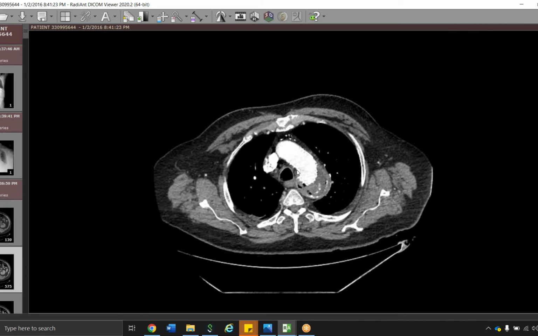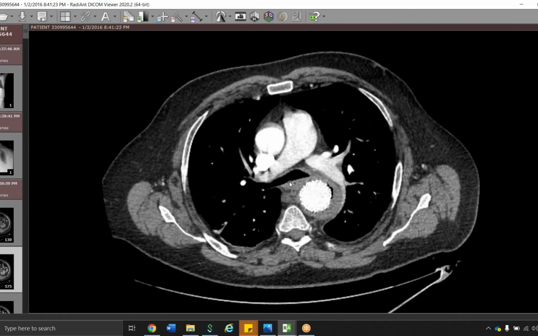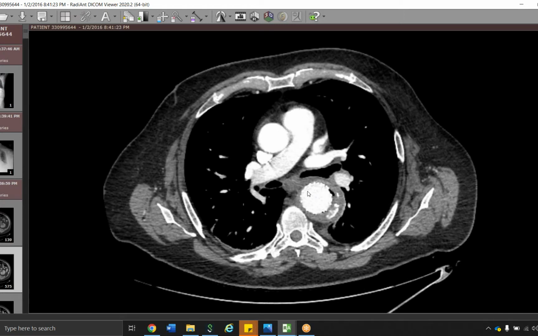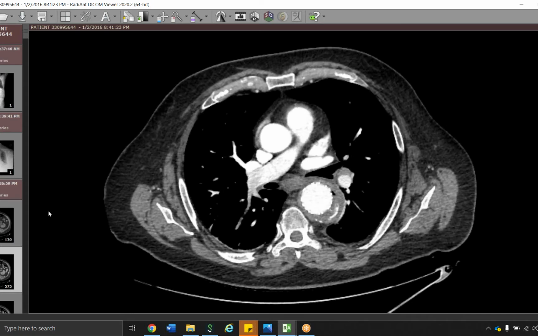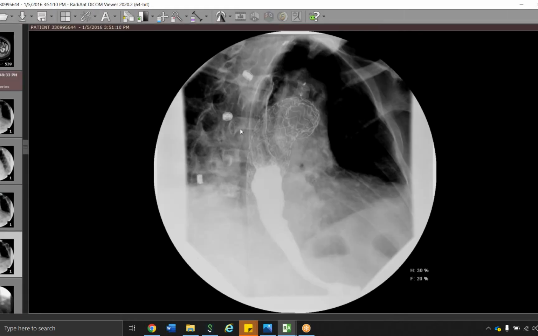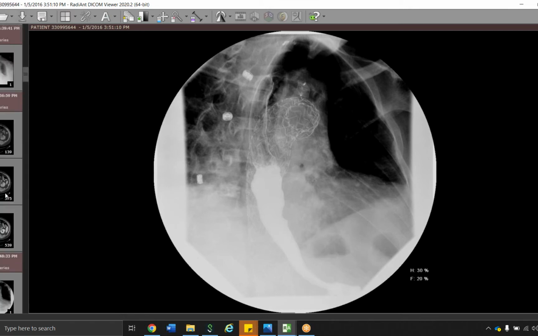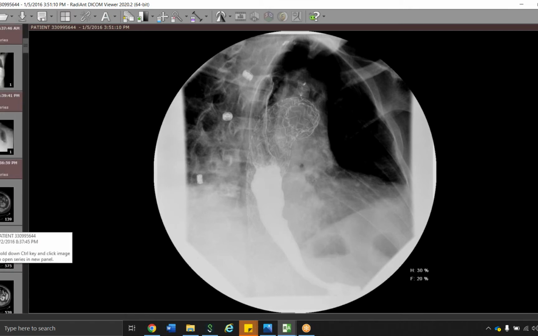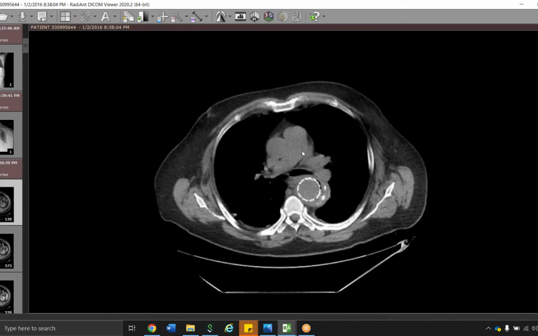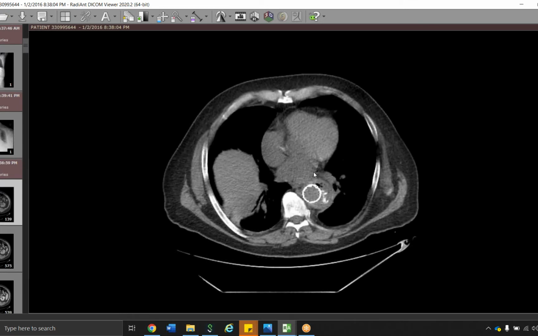And so I think the thought with this was that if we come down, we can see the esophagus is very close to the aorta here. The concern was that there had developed over time an esophageal aortic fistula that was leading to this infection here. We did, or somebody did, do a fluoroscopic esophagram. I'm just going to show one image. We can see that there's good contrast opacification of the esophagus, no clear contrast extraluminally. So we couldn't prove that there was a communication between these two on that fluoroscopic esophagram, but I think that was still the concern as to where this air in the excluded sac came